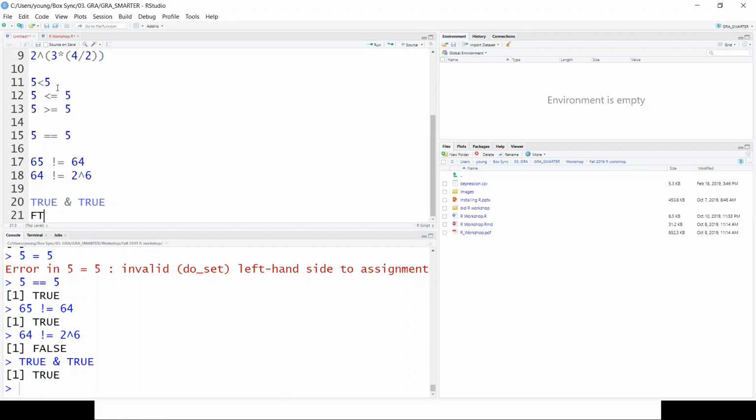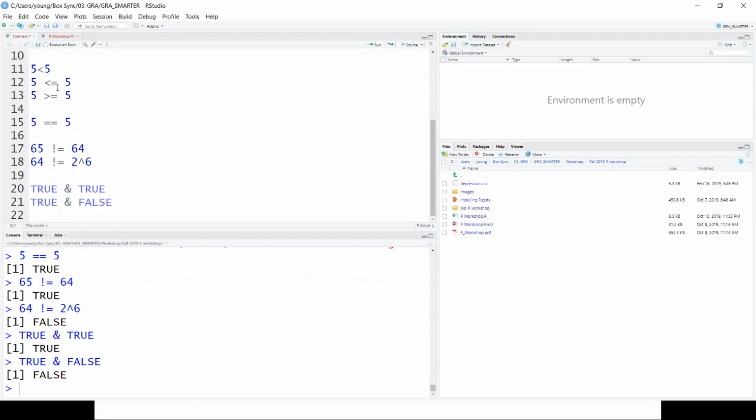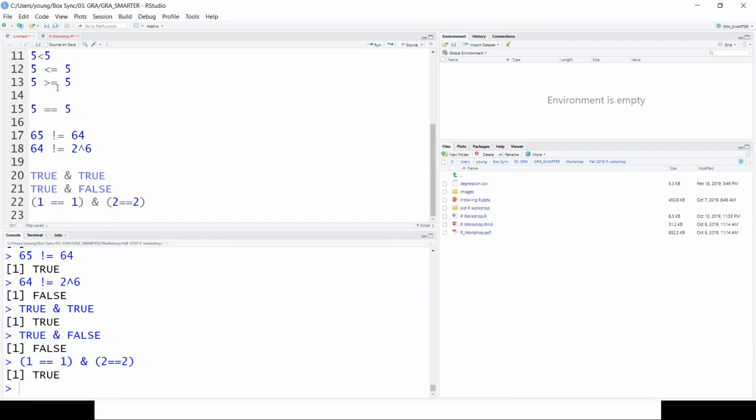And then if you put TRUE and FALSE, what would be the answer? FALSE, because one of the two was false here, right? This is the characteristic of the AND operation. For application, you can do something like this: 1 double equal 1 is true here, right? And 2 double equal 2 is true too. And then if you evaluate this, it will give you TRUE.